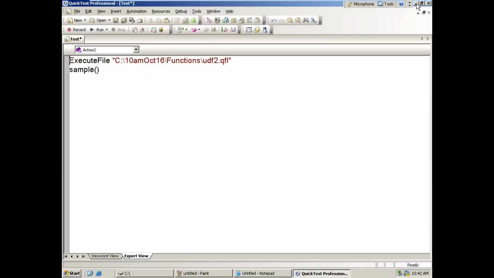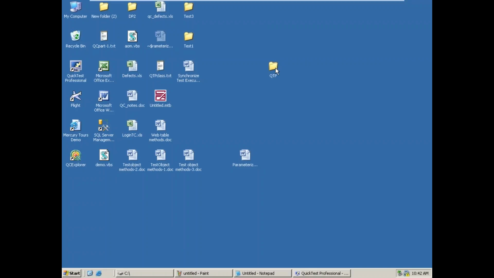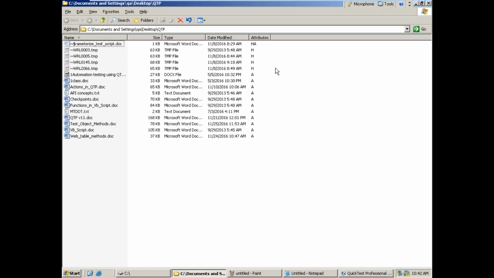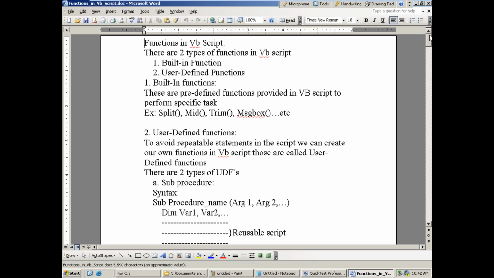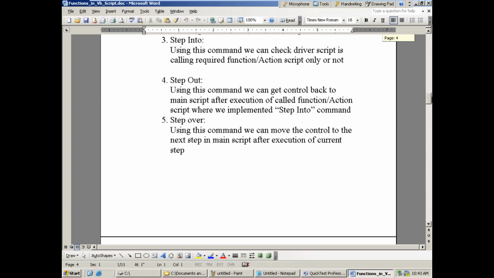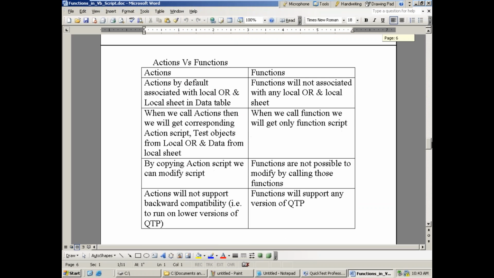Now, one famous interview question: what is the difference between functions and actions, actions and functions? Now see, actions are by default associated with a local object repository and a local sheet in the data table.